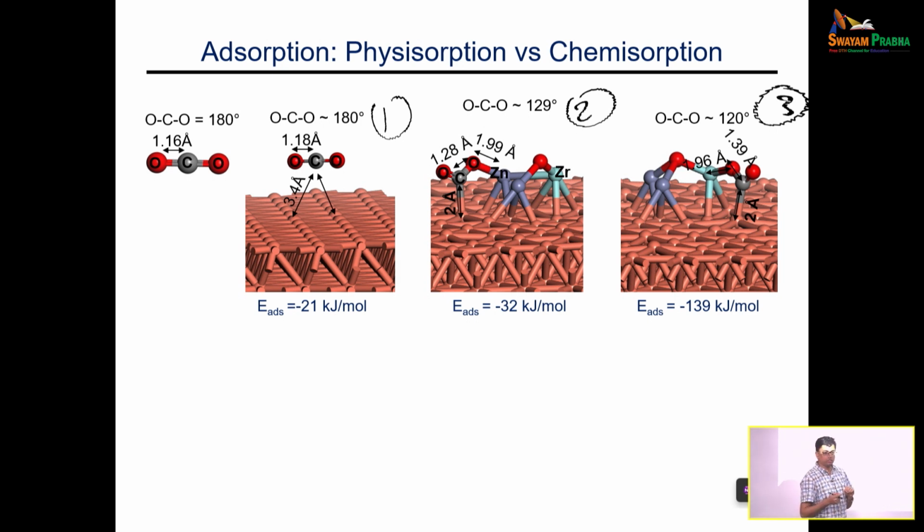CO2, like I said, originally is a linear molecule. That's what you see here. Look at this particular case. The linearity is almost maintained. There is a small change in the bond distance. It is not substantial. There is a small change, and the distance from the surface is also shown. That is 3.5 angstrom. For those of you not familiar with angstrom, that is 10 to the power minus 10